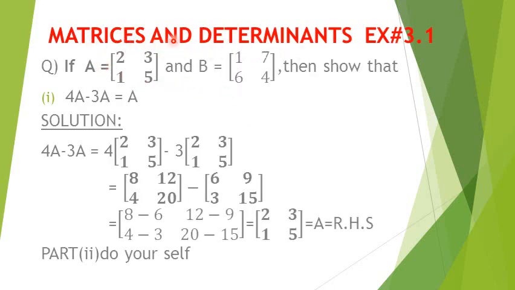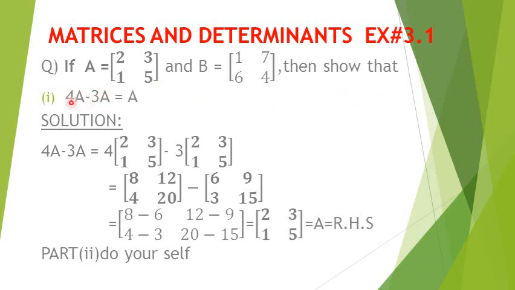Matrices and determinant, chapter number 3 and exercise 3.1. Before I start the formal exercise, I want you to watch the previous lectures, first one and second one, because this exercise is based on the previous lectures as well. Okay, so question number 1: if A matrix is this and B matrix is this, then show that 4